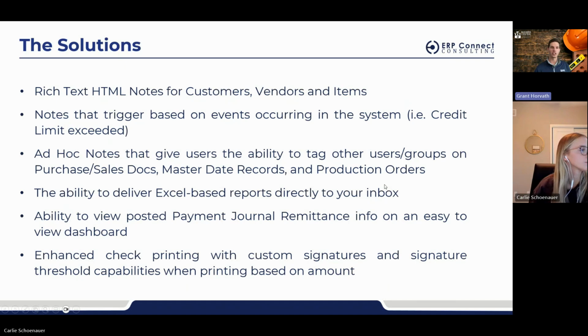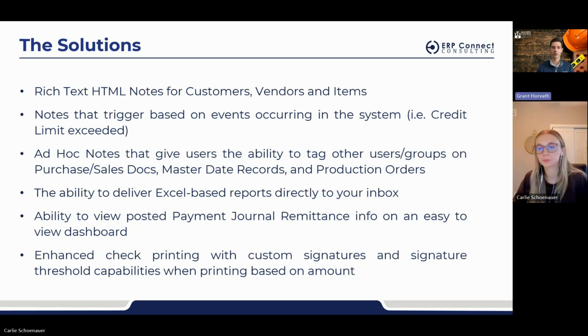Number one, rich text HTML notes for customers, vendors, and items. You're going to see that in advanced notifications. Notes that trigger based on events occurring in the system, like credit limit exceeded. Ad hoc notes that give users the ability to tag other users and groups on different documents, master data records, and production orders. And then on accounting, the ability to deliver Excel-based reports direct to your inbox,